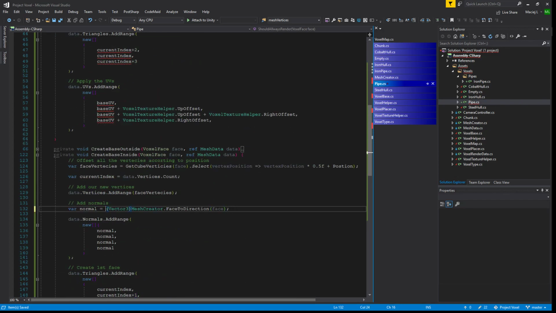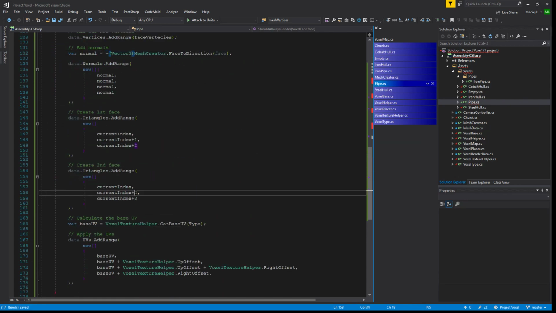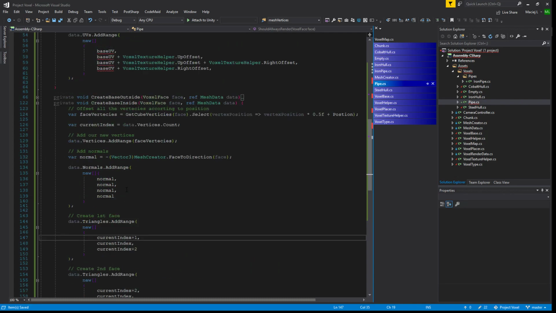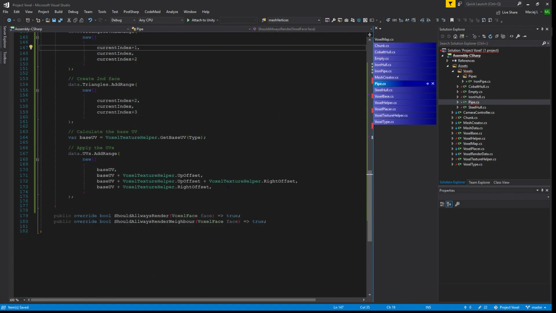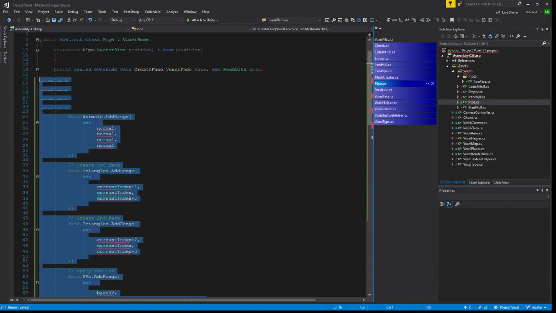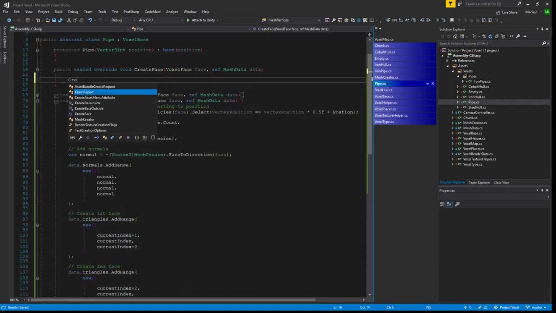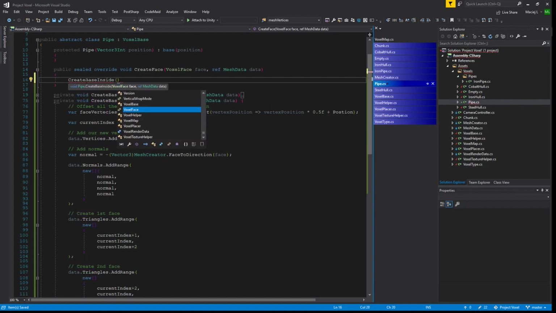Just minus, be easier. The triangles have to be flipped because we want the vertices in reverse order, so they will show on the other side, and the UVs are exactly the same. Okay. And now in the create phase, we just call create base inside with face and ref data,